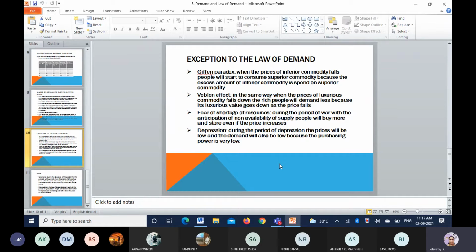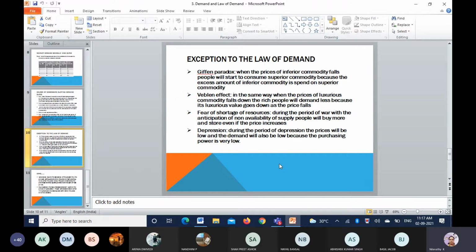The same concept we are talking about for luxurious commodities, the same thing happens for an inferior commodity also. That is what has been explained by Giffen. Giffen has taken an inferior commodity to explain it, whereas Veblen has taken a luxurious commodity. So Giffen says that for an inferior commodity also the same thing happens. An inferior commodity is one bought by poor people, those below the poverty line or having a very low income,